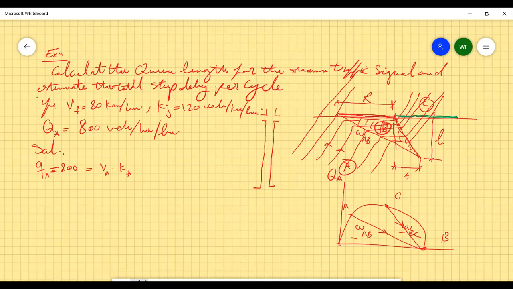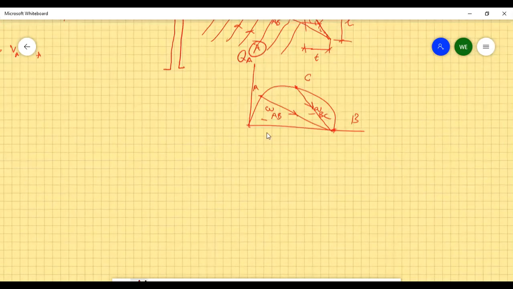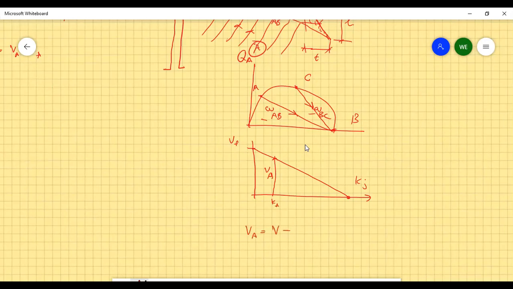So in this case we have that's Kjam, and that's VF, the free flow. So at any density, we can say that VA, and that's KA. So VA equal V minus, by similarity of triangles, okay, we have